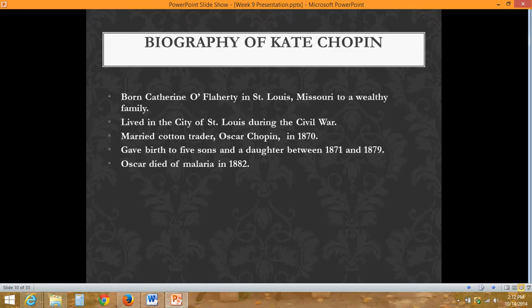of a perspective on different ideas, because St. Louis was, although Missouri was part of the Union in the war, Missouri was a very divided state in terms of some people, like even Chopin's brother was a Confederate soldier, and then there were obviously Union ties as well. So St. Louis in particular